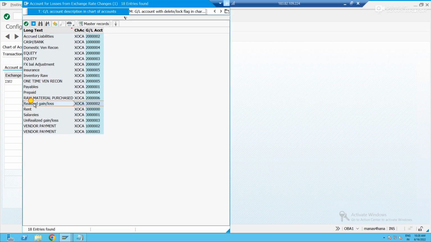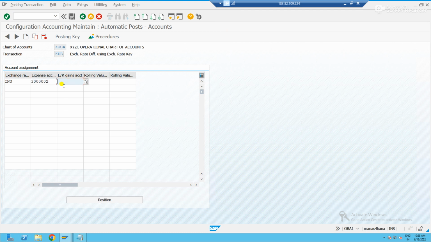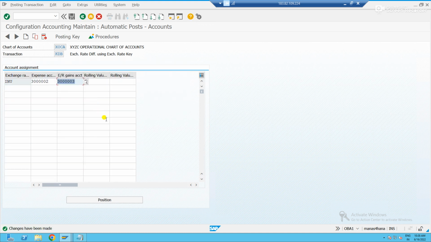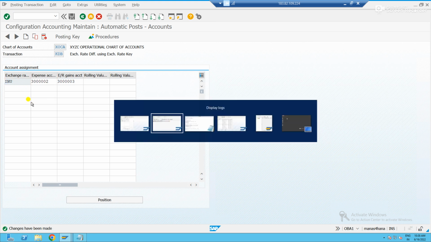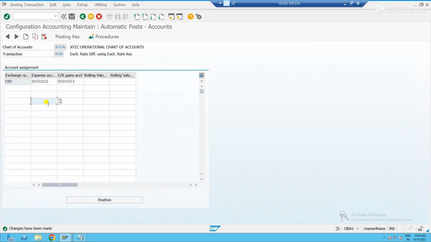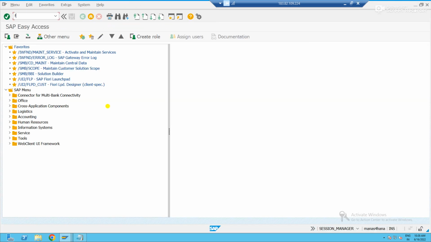Where is my realized gain? Yeah, this is my realized gain. Here I need to select the unrealized gain or loss GL account. This is the one I've created. Save it. The good thing is, if the error persists for a non-open item GL in a production system, you can directly add this exchange rate key in that particular GL account master data, so that the error will go off. If I go to FS00,